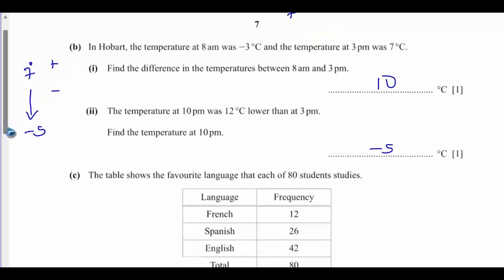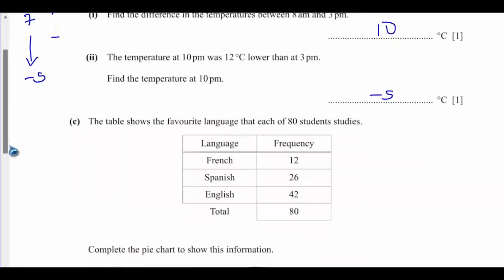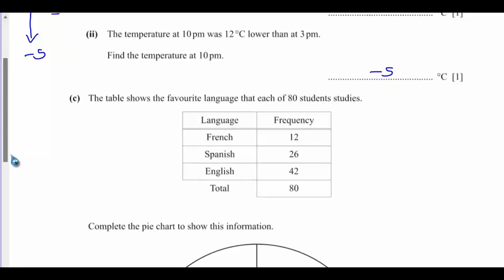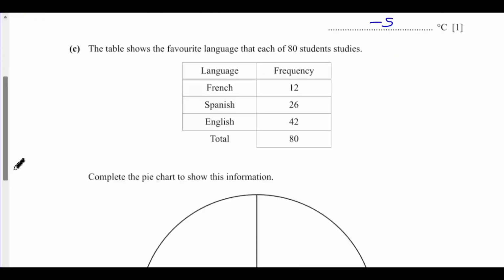Part C, the table shows the favorite language that each of 80 students studies. So we have the table here. So we are asked to complete the pie chart to show this information. So the first thing you need to do is to calculate the sectorial angles, okay? So when you calculate the sectorial angles, then you can use that to